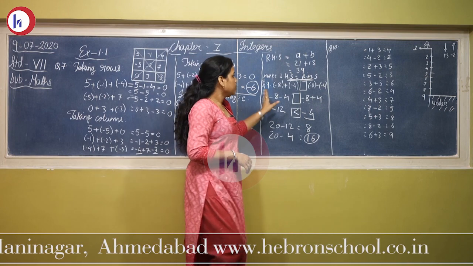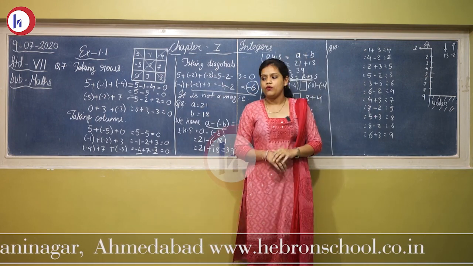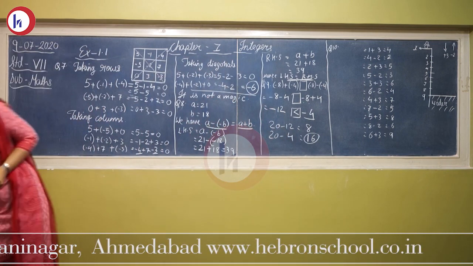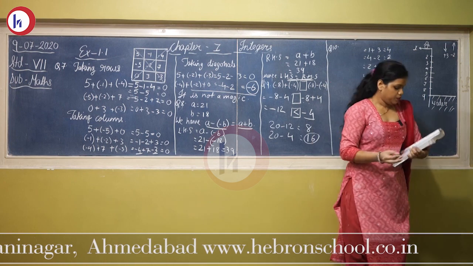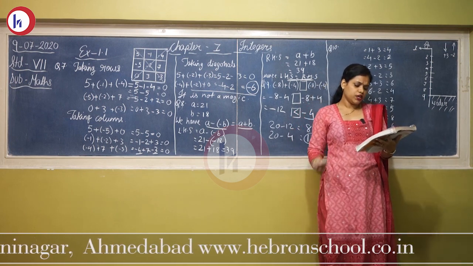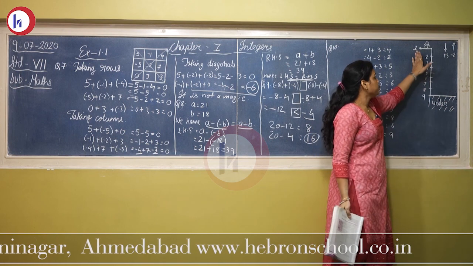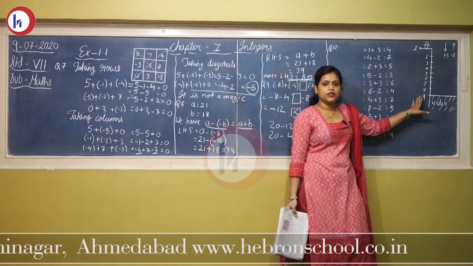Okay. Now we will come to the last question of our exercise. Now what is this last question? It is a little big and a little bit twisted also. Now in this question, what it is telling is, a water tank has steps inside it. Now one water tank is there. There are 9 steps in the water tank.